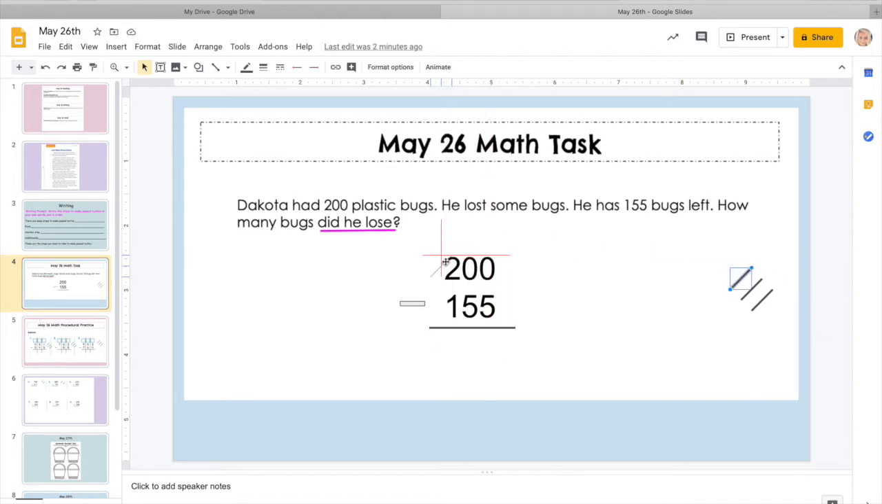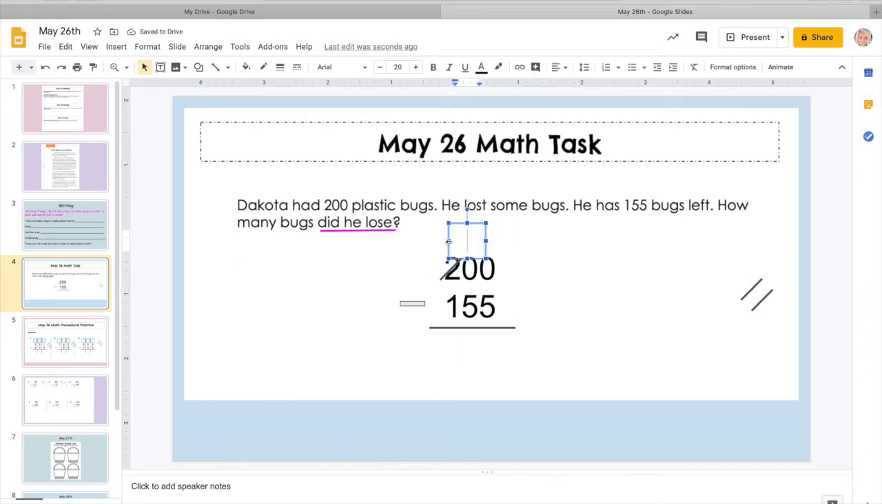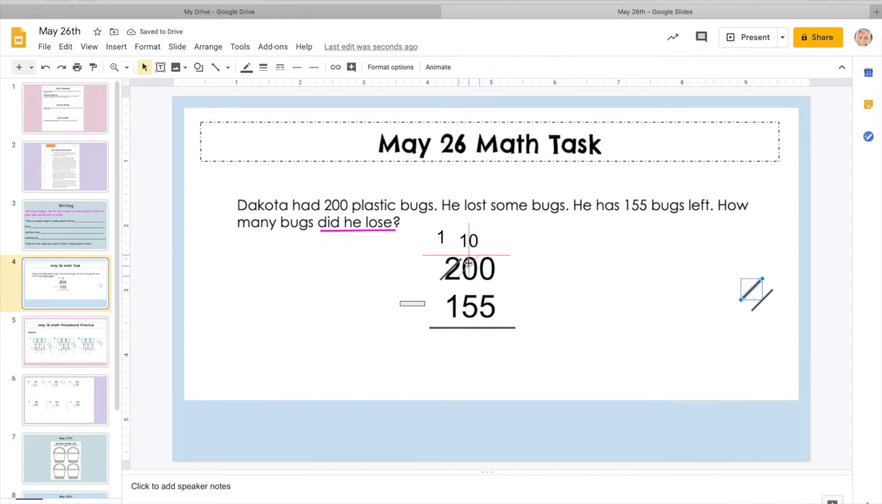So we're going to have to borrow from the 2. The 2 is going to become a 1. And then this 0 over here is going to become a 10. Stretch that out just a little bit. All right. So now the 0 is gone, and the